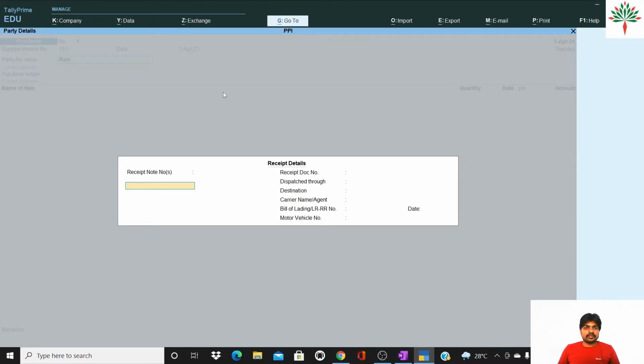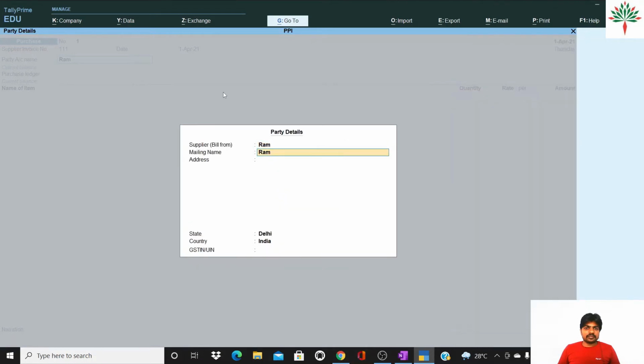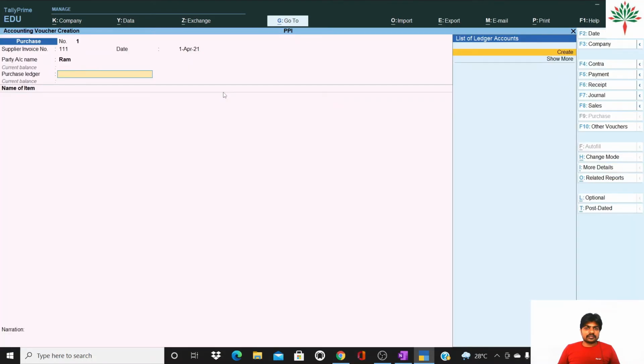Accept. Receipt note. Okay, these are receipt details that you will have to fill in here if you want. Okay, I am skipping it. Okay, now you can see the party name is there. Okay, Ram has been created.